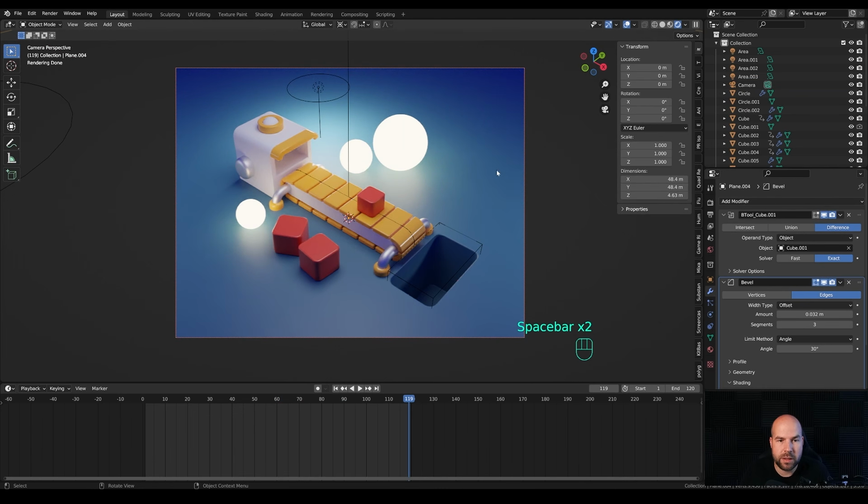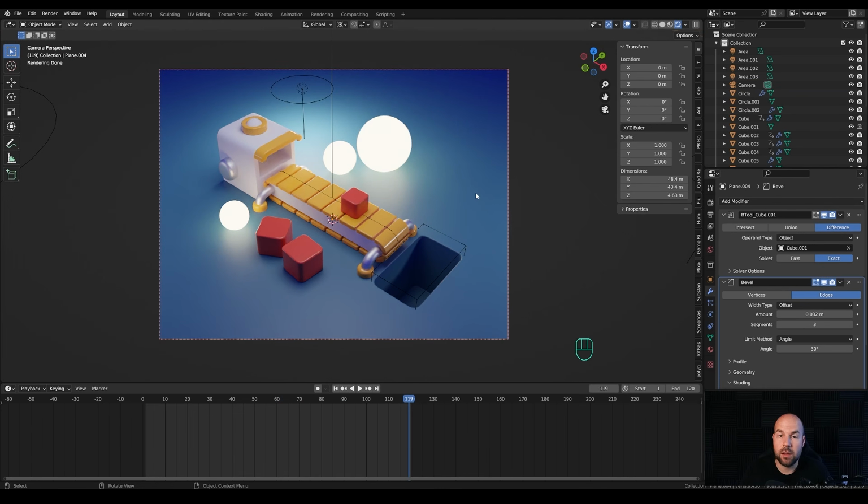So I finished the scene right here, added some simple materials, some simple lighting to make it look like a toy, a little bit funky, colorful animation.